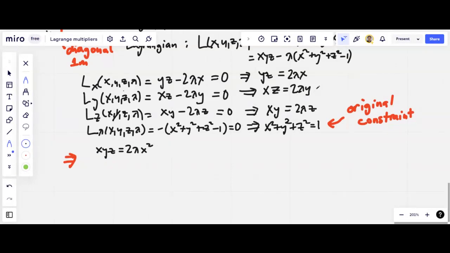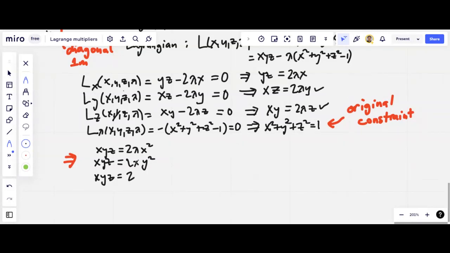I multiplied both sides of the second equation by y, so that we will get xyz is equal to 2 lambda y squared. And I will multiply both sides of the third equation by z, so that we will get xyz is